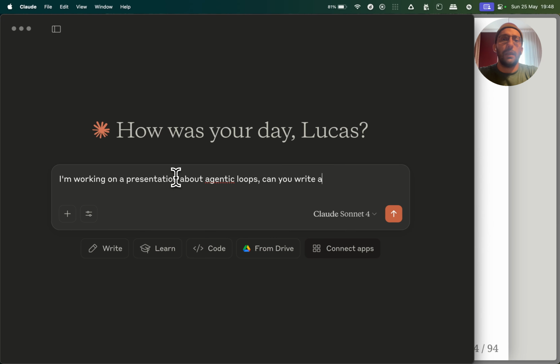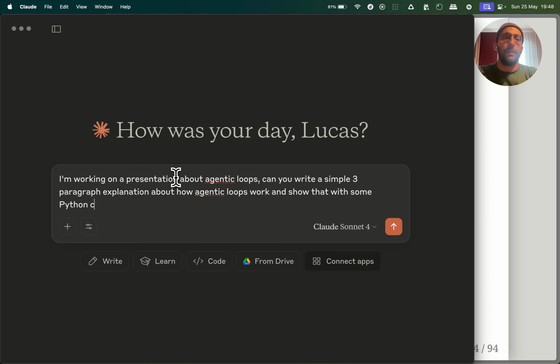Can you write a simple 3-paragraph explanation about how agentic loops work and show that with some Python code that is actually executable? You can use the Anthropic API, winky face, because this is Claude from Anthropic.